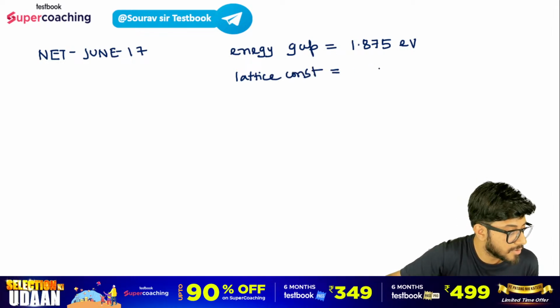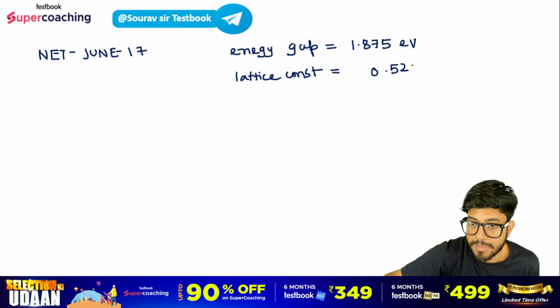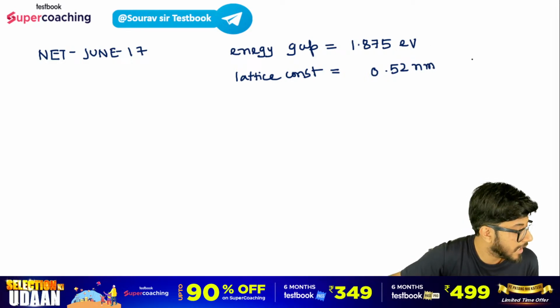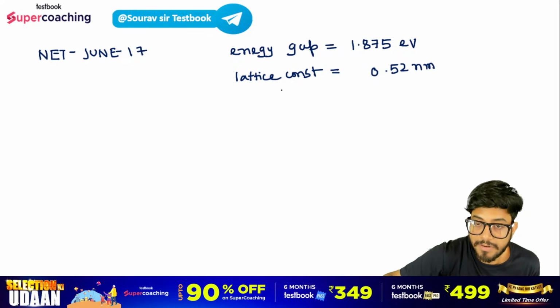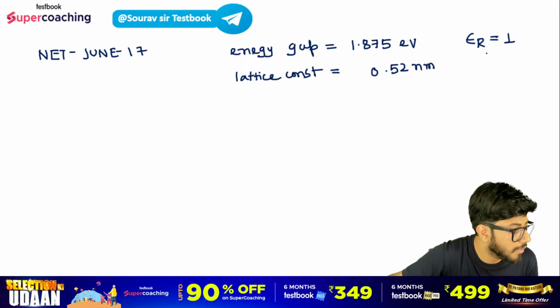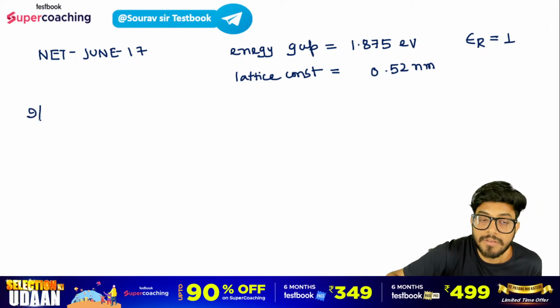And the lattice constant has been mentioned to be equal to 0.52 nanometer. So the energy gap is given, the lattice constant is given, of an indirect band gap semiconductor. Now for simplicity take the dielectric constant of the material to be unity. Dielectric constant means epsilon r, it is said to take it as 1 for simplicity. When it is excited by broadband radiation, an electron initially in the valence band, if excited